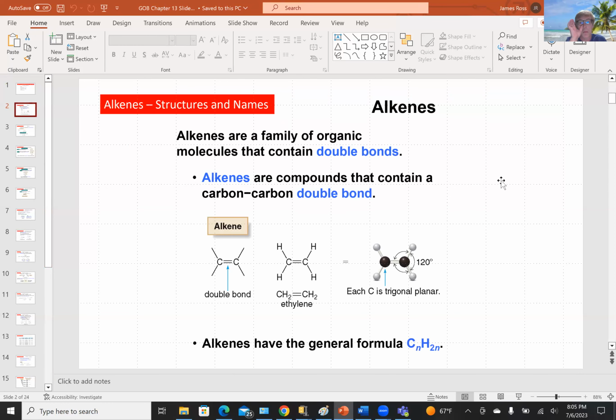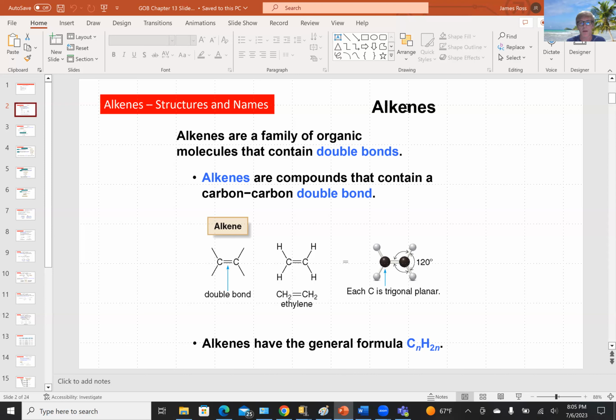All right. Okay, so alkenes. So alkenes differ from alkanes in that they have a double bond. So if you have at least one double carbon-carbon bond, your entire structure is an alkene. Compare that with alkanes, where we only have single bonds. So if you look at the structure on the left,